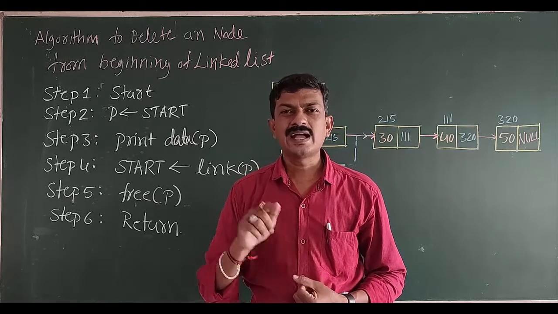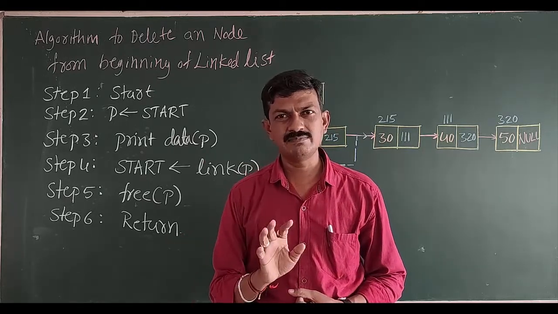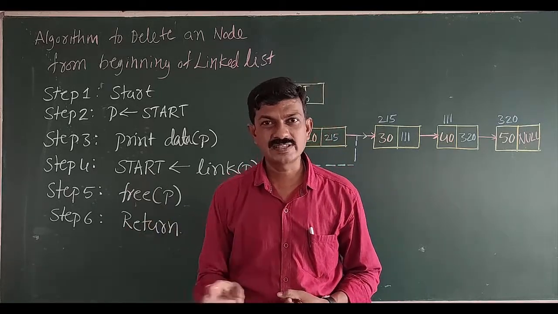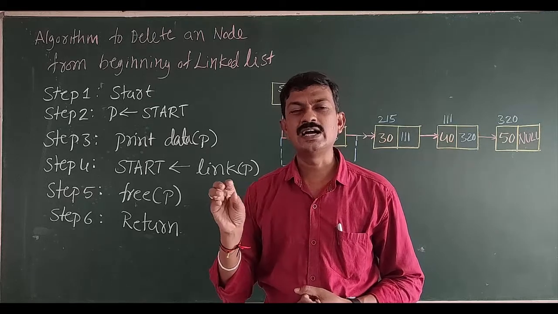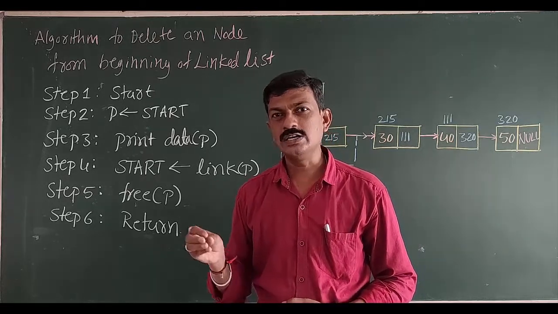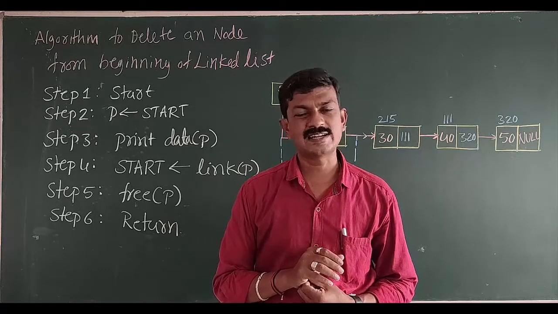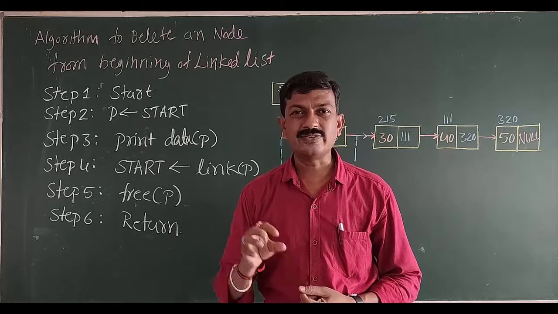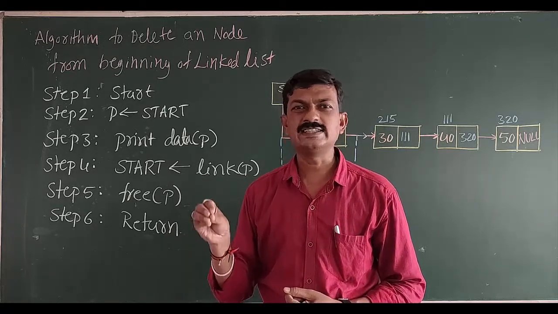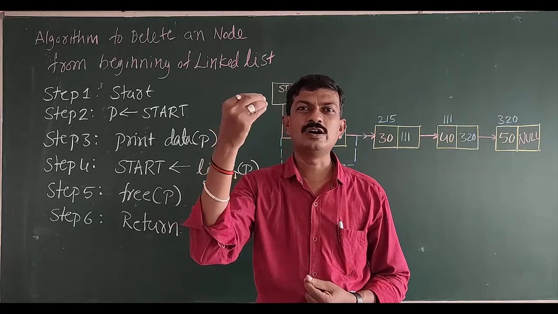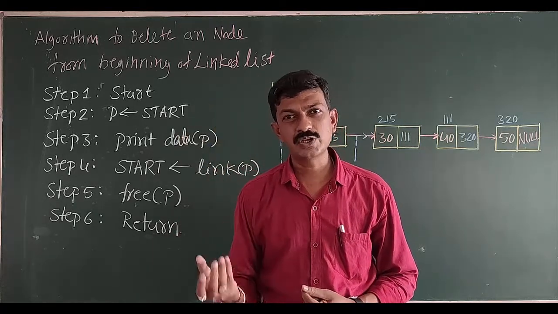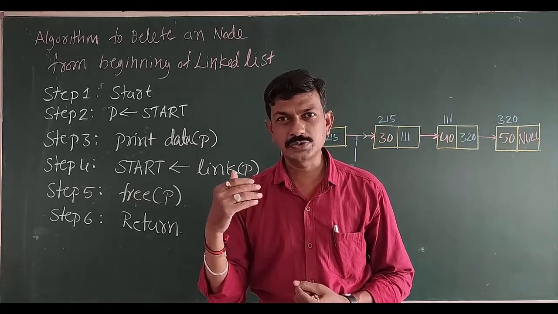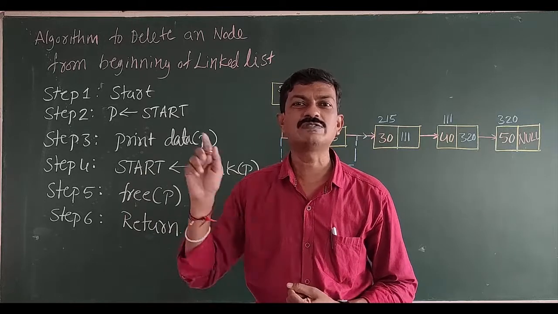Using that variable I am printing its content, meaning whatever value is held in that particular memory location I am printing. After that, whatever address part or link part value that variable holds, once again I am going to assign that to the start pointer, because I am freeing that node now. Whatever value is held in that link part should be assigned to the start pointer, because once I delete that node, the node next to it becomes the first node of that linked list.